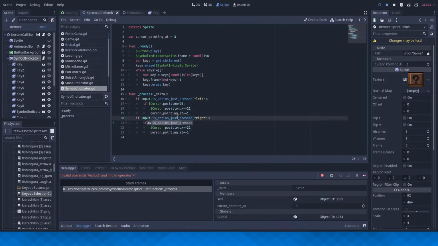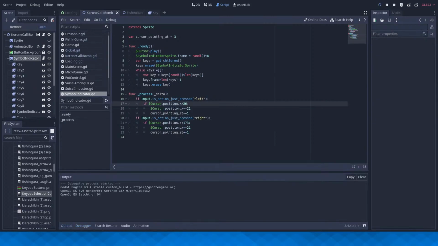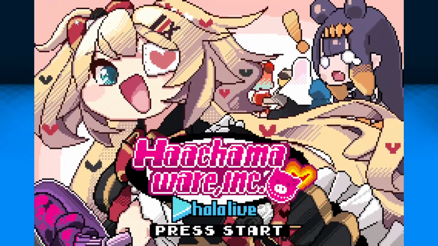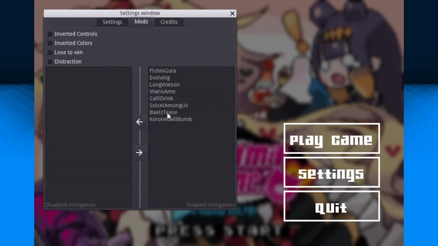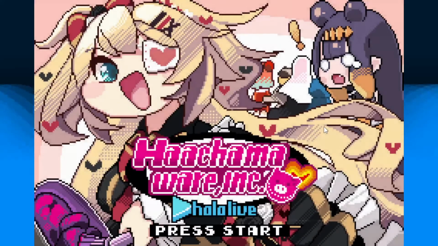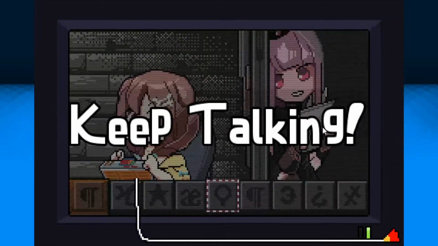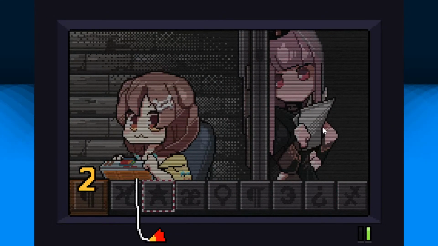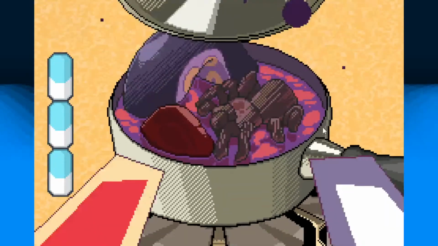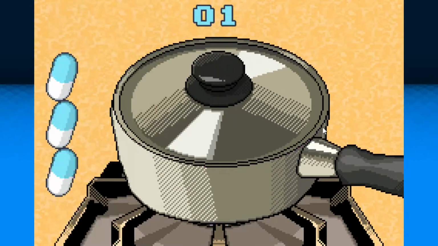Need to make this position not X. Yeah, let's try that again. Skip this, and cool. Right, now we can't move left or right when you shouldn't be able to.